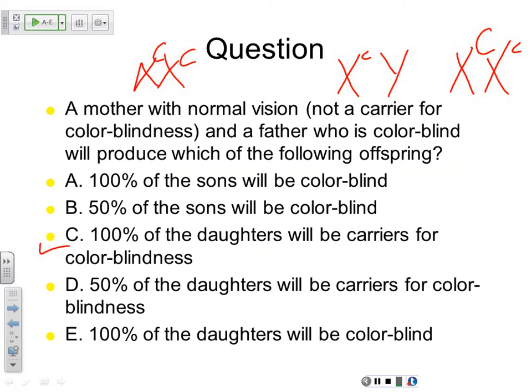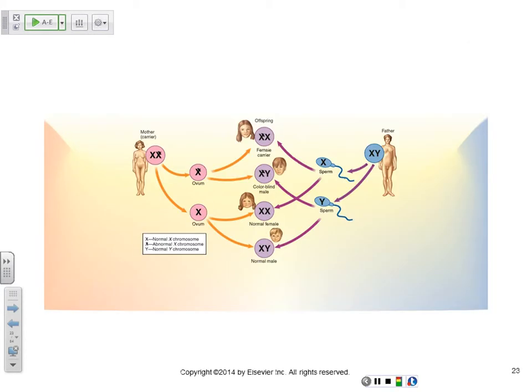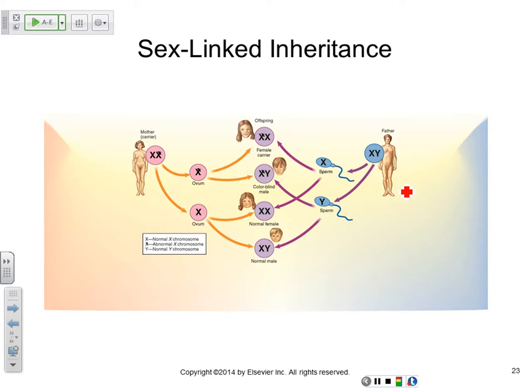And next. Okay, so there's another one. So I'll do another Punnett square for this just so you can see. So this mom is a carrier in this case. You see, it's got X and then a little mark on the X so she carries the recessive trait. So one of her gametes will be X with the recessive trait, and the other one will be X with normal. Okay, and then the dad, of course, is normal.